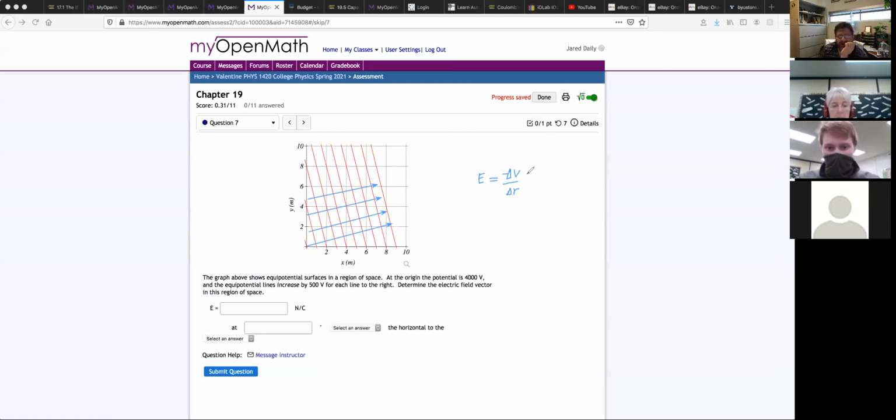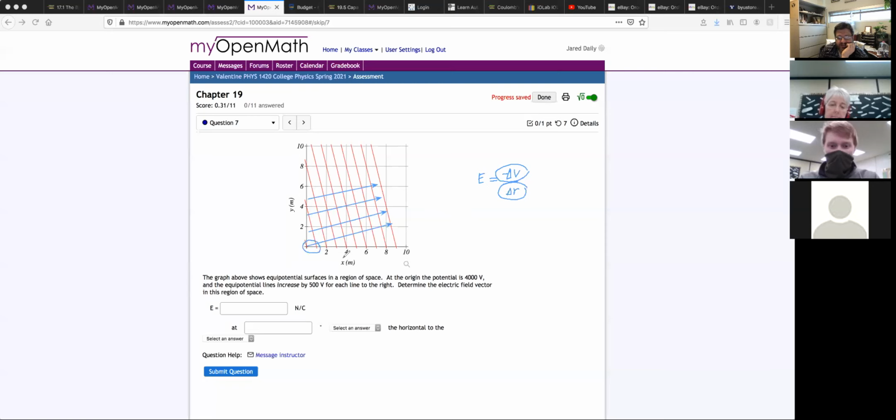So what would be our change in voltage, first of all, and what would be our delta R? Well, it kind of depends on how far you go. If you go further, you're going to change your voltage more, and your delta R is different. So what we would like to do is go as small a distance as possible. I guess it doesn't really matter the distance you go, but I'm going to go as small a distance as possible, just because it's going to make more sense to me. So if I pick any spot along here, for example this spot right here,